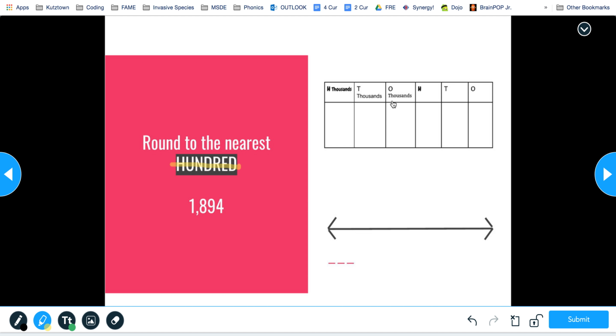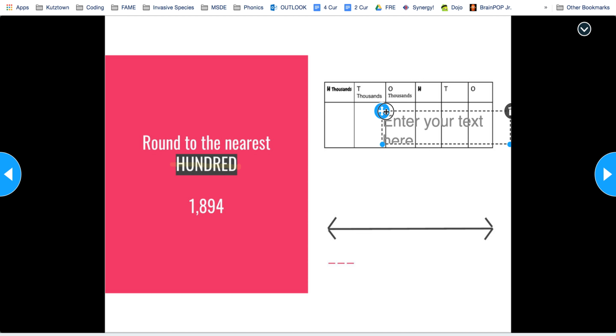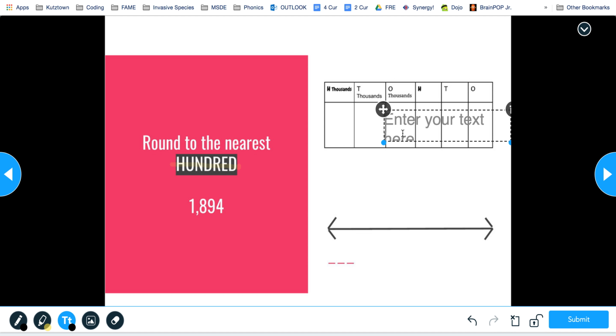Once again, we're going to use both our place value chart and our number line. In the future, you can choose which one helps you. But in order to make sure that we understand place value, we are using both today. Let's continue with our text tool. We're going to drag it over. We have 1,000. Let's do a space